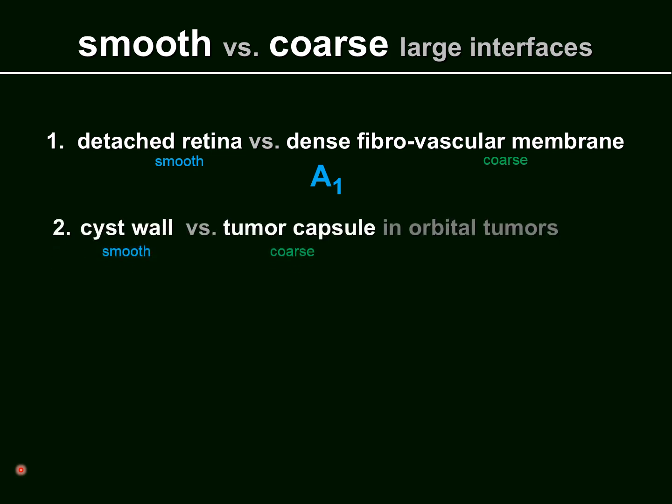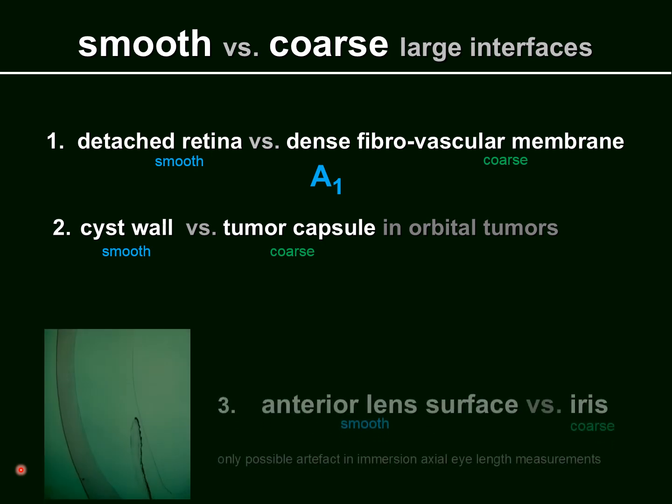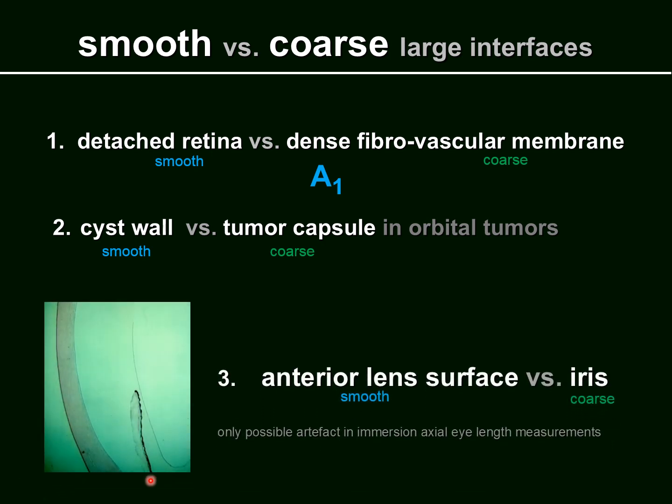A similar situation in orbital tumors. Cyst walls are smooth, tumor capsules are coarse. And another application is the differentiation between the smooth anterior lens surface and a coarse iris surface when the pupil is not dilated in axial eye length measurements. The only